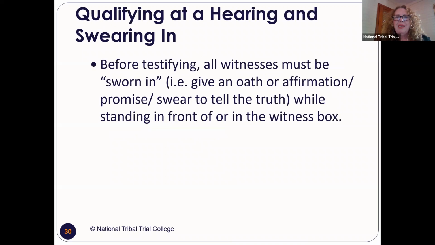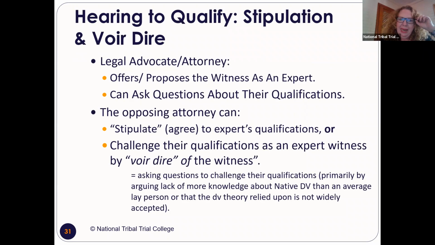The expert witness, like all witnesses, is going to be sworn in. Sometimes that happens in front of the witness stand. They can swear or affirm, on a Bible or not on a Bible. But this is going to be all of your witnesses, including your proposed expert. You've disclosed them and provided information to them. They have a list of all the information they relied upon that you gave them, and maybe several articles that they routinely use that address domestic violence against American Indian and Alaska Native women. They've got a copy of their subpoena and a couple of copies of their CV right there in front of them.